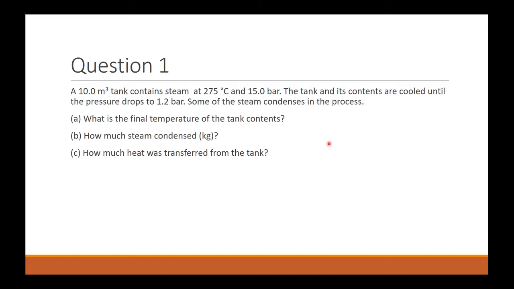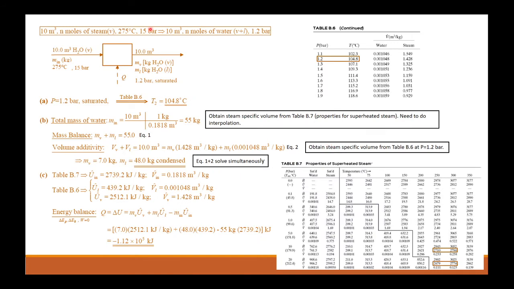The tank and its contents are cooled until the pressure drops to 1.2 bar. Some of the steam condenses in the process. Now A. What is the final temperature of the tank contents? B. How much steam condensed in kg? And C. How much heat was transferred from the tank? Now, we have 10 meter cubes and n moles of steam, which is vapor,